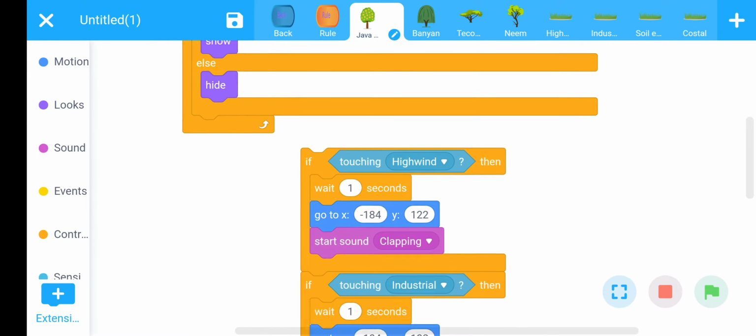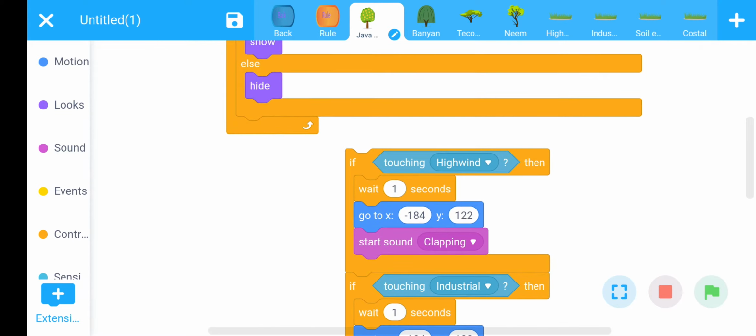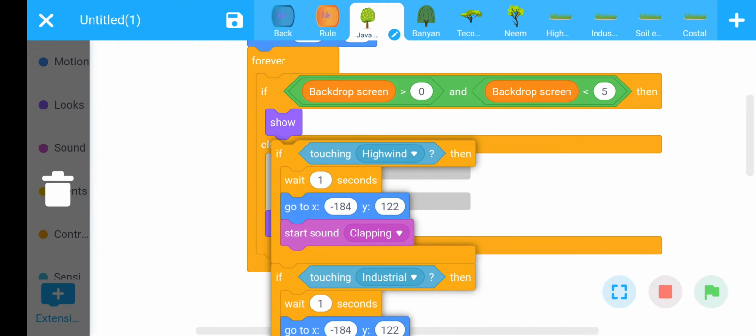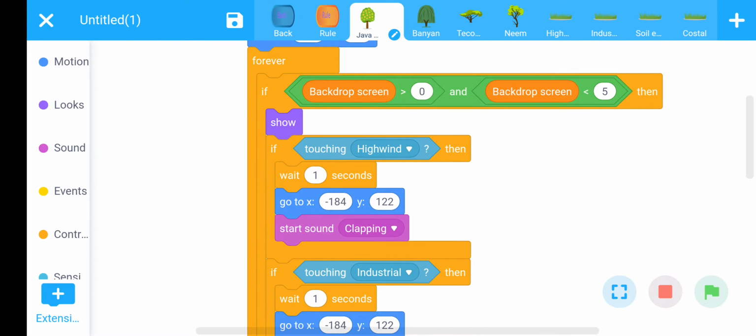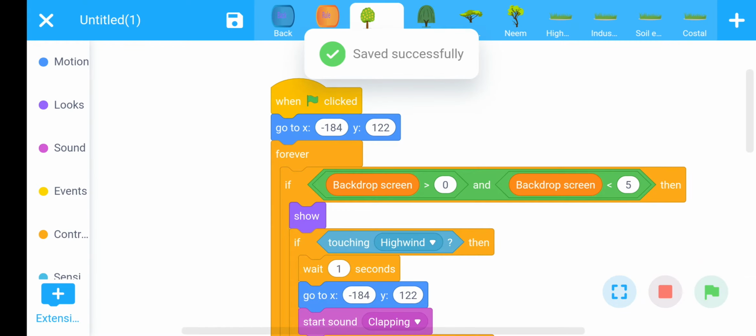Now all these sets of commands are placed under the show command and then save it. These all steps should be repeated for all remaining 3 trees.